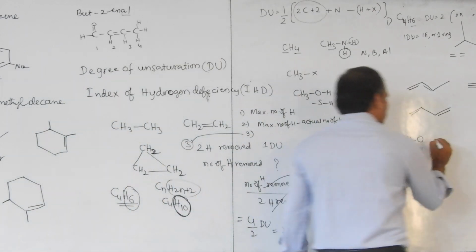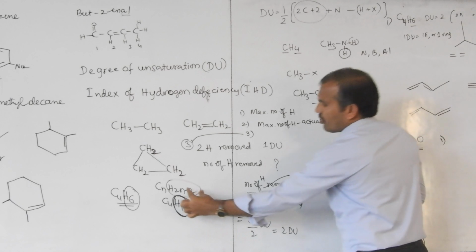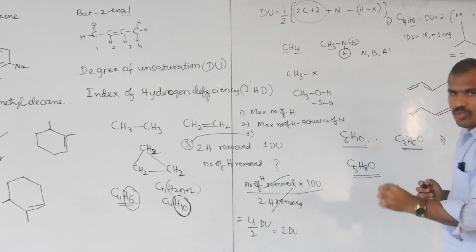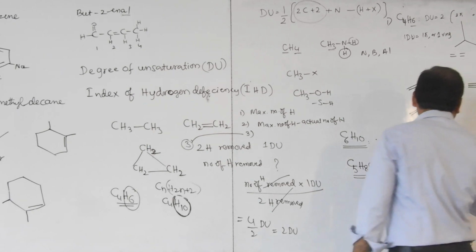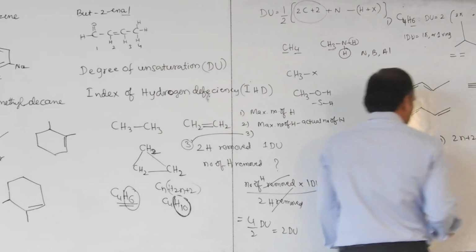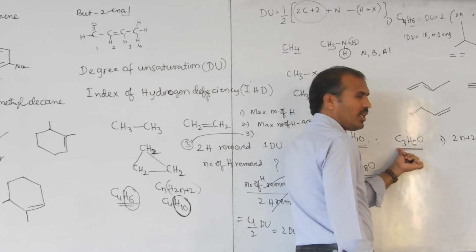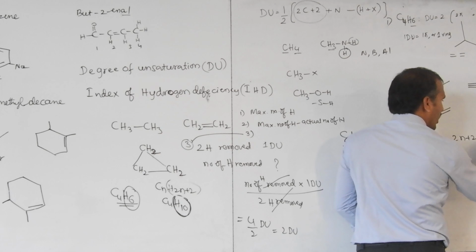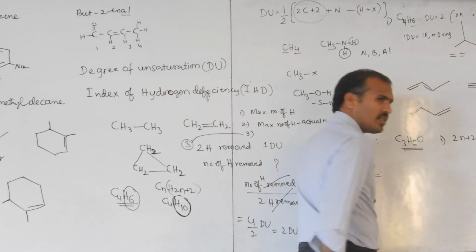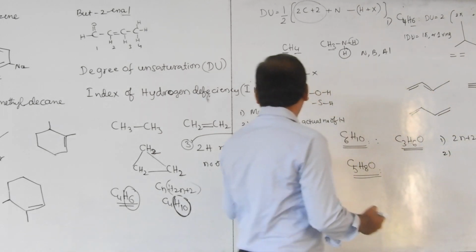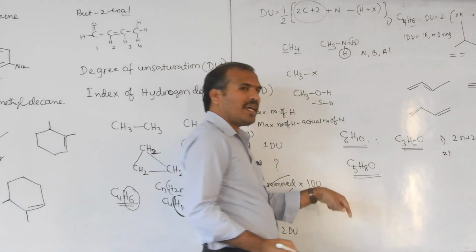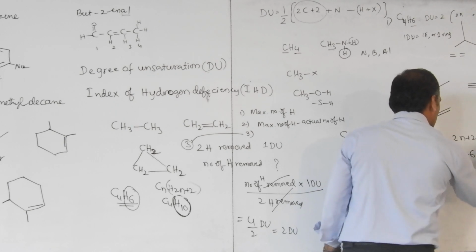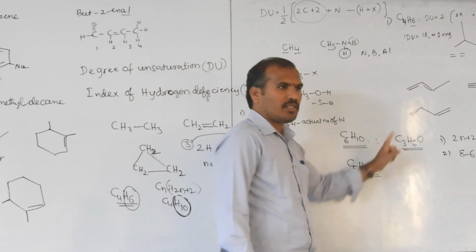With this formula, what is the maximum number of hydrogen? Maximum number of hydrogen is this one. In an alkane, what is the formula? H2n plus 2 is the formula. So maximum number of hydrogen is 2n plus 2. How many carbons are given here? 3. It means n equals 3. 3 into 2, 6. 6 plus 2, 8. So maximum number of hydrogen is 8. Second step: maximum number of hydrogen minus actual number of hydrogen. 8 minus 6. How much? 2.